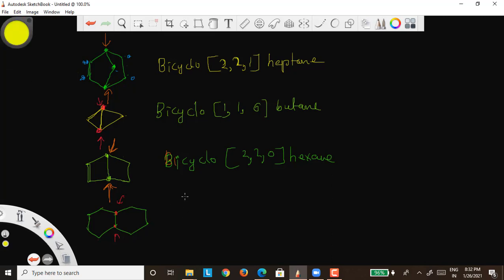Now you can write bicyclo and you give a square bracket. And on this side 1, 2, 3, 4 carbons, 1, 2, 3, 4 carbons. So 4, 4, and in between 0 carbon, so 4 4 0. And how many carbons in total? This side 1, 2, 3, 4, 4. This side 4, 8, plus 2 is 10. So 10 means your name is decane. Okay.